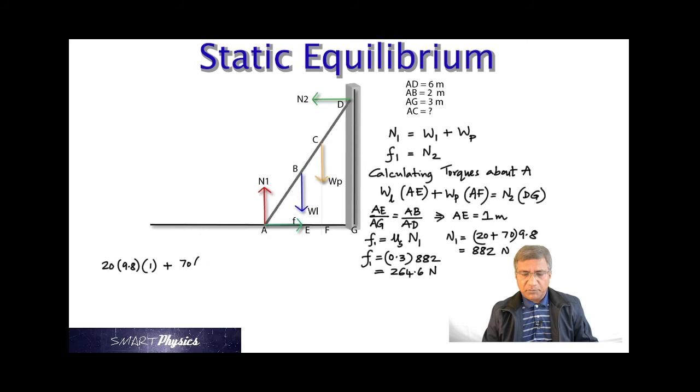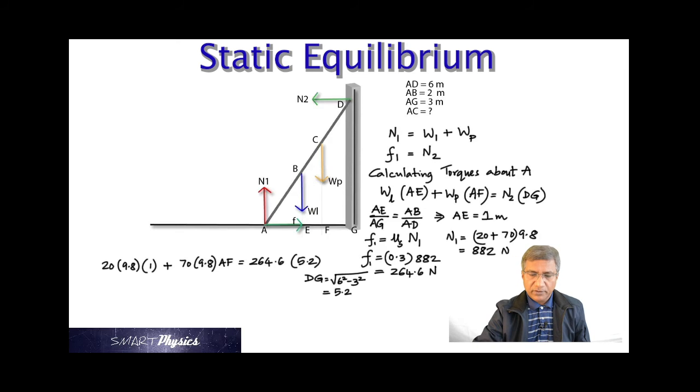So 20 times 9.8 times 1. I'm applying it into this condition now, calculating the torque. 20 times 9.8 is the weight of the ladder, times AE, which is 1, plus the weight of the person, 70 times 9.8 times AF, which we do not know. We're trying to find AF, and from there we will be able to find AC, okay? This should be equal to, on the right side, N2 times DG. Now what's N2? N2 is the same as friction. So we already got friction is 264.6, so that's N2 times